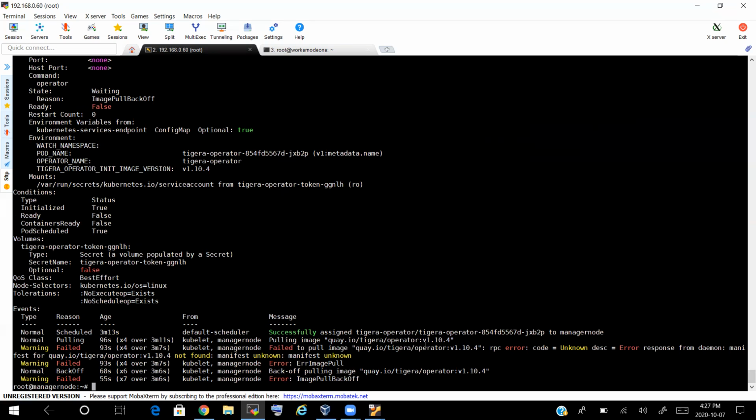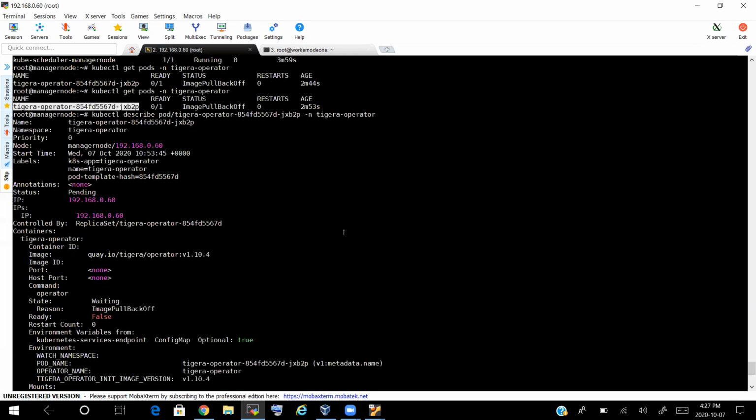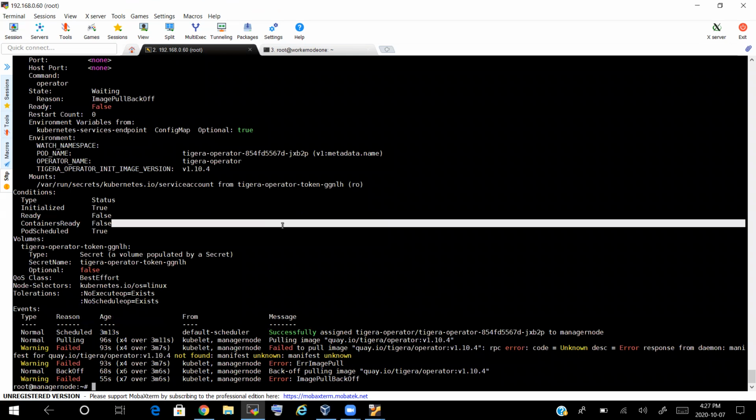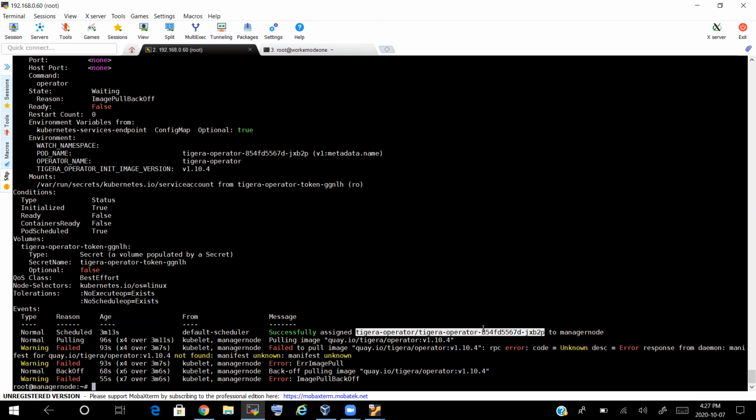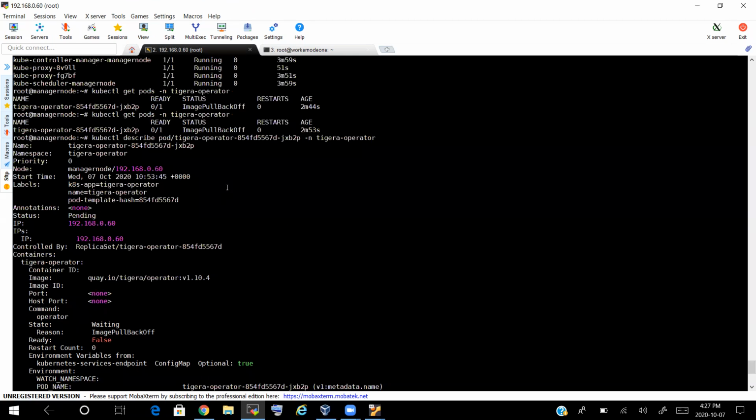Okay, so it is not able to pull this image. Okay, that's fine. And that's the reason it is telling me image pull back off error. Okay, it's not an issue from our side. So this is how we need to troubleshoot. See, this pod is not yet created. It is showing me image pull back off error. So what command have I used? kubectl describe pod.